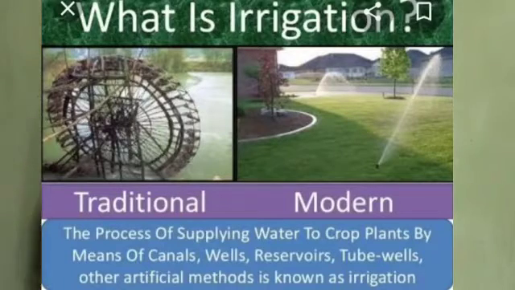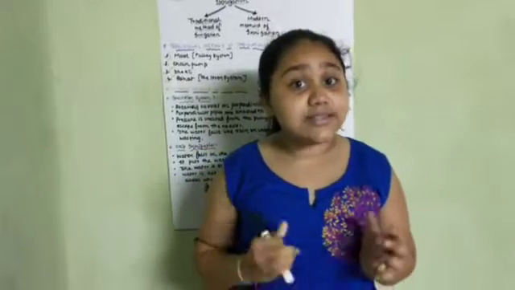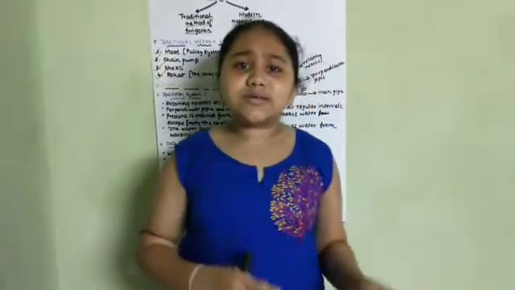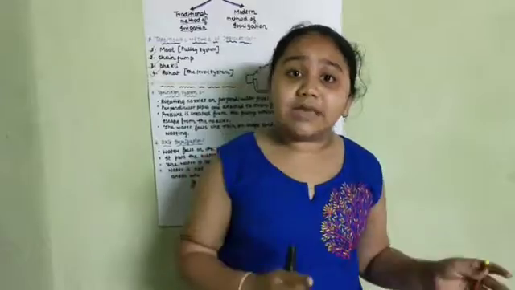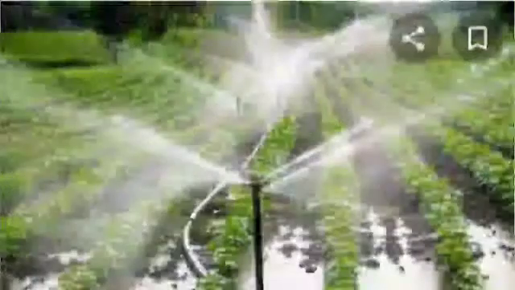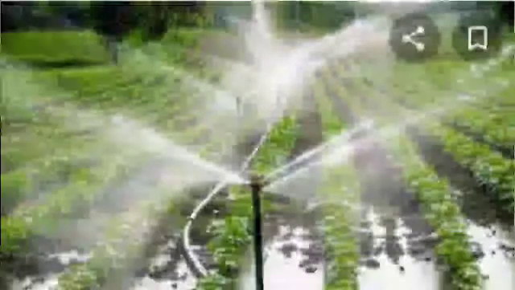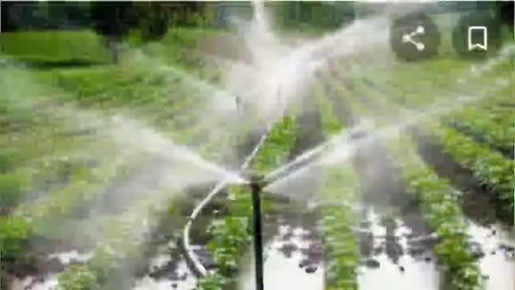Traditional irrigation was used in ancient times by the farmers. It was a very cheap process, but it was less efficient. It requires a lot of time. It does not save any time, and farmers used to work very hard. That is why nowadays the modern method has arisen, which saves time and labor both of the farmers.